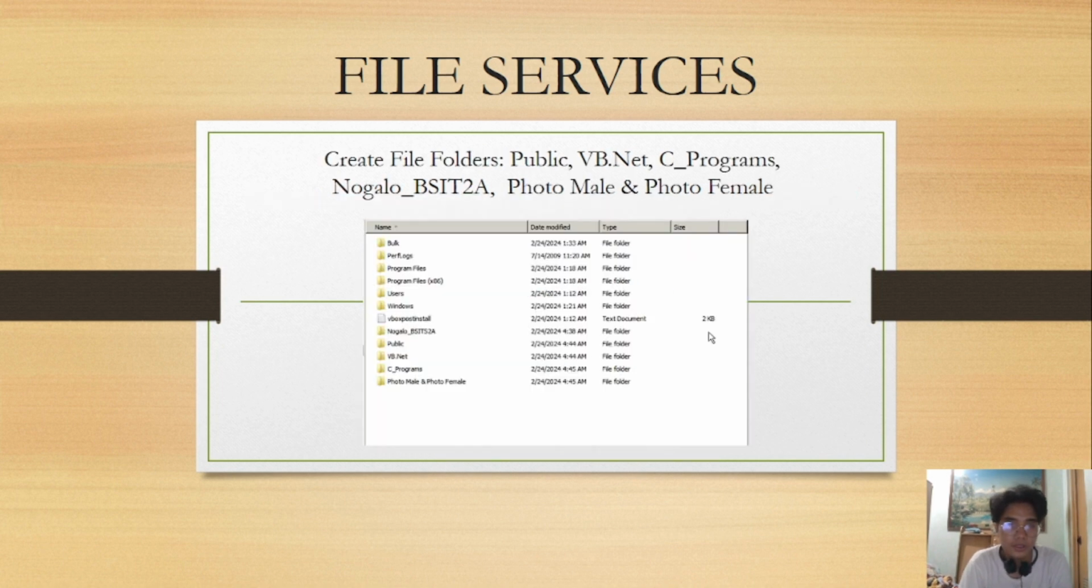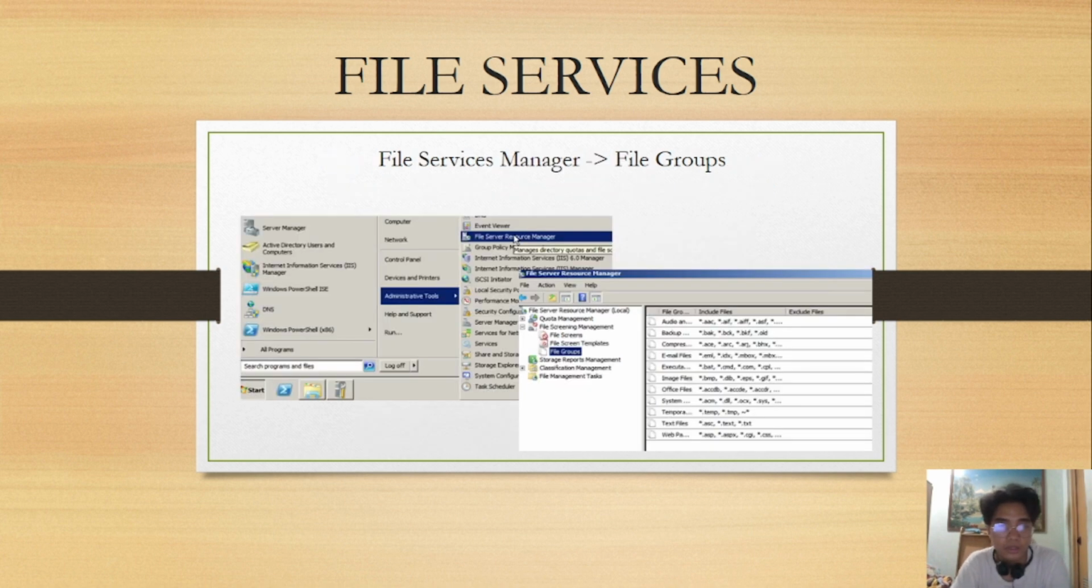So inside your local disk, my chosen local disk is C, and inside of that you should create these folders: public folder, bb.net folder, C programs, your last name and then your section, photo male and photo female. Upon creating those folders, you should open administrative tools, and you should go to file service resource